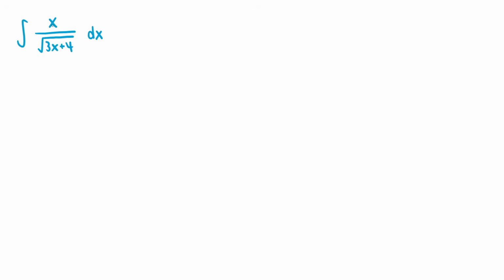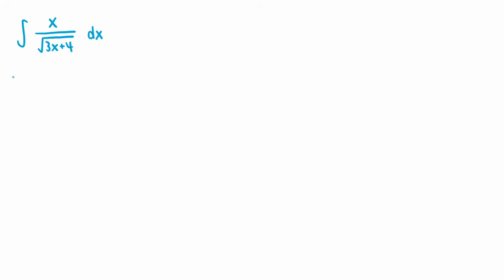So let's do the integral of x over the square root of 3x plus 4. We have a square root term with a linear term on the inside, so let's just substitute u equals 3x plus 4, just to make sure that the term inside the square root is a single u term. If we do that substitution, then du would equal 3,